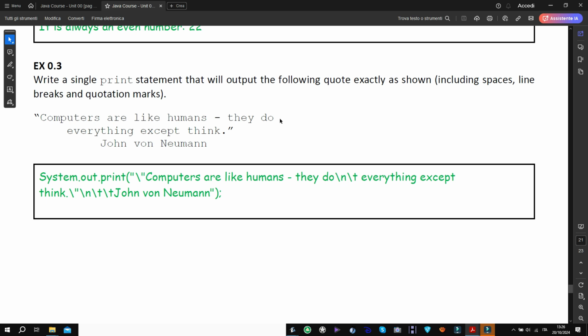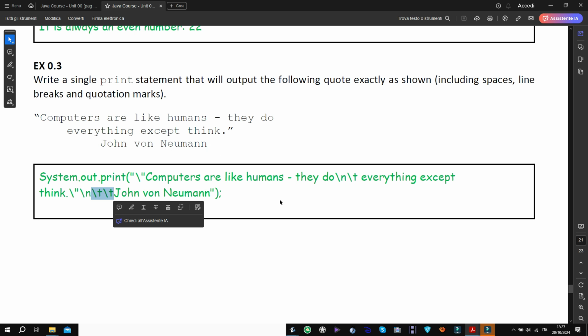You see here, we go to a new line, tabulation here, and after that everything except think, again quotation, backslash n new line, 2 backslash t, two tabulations, because first we go here and after that we go here, and